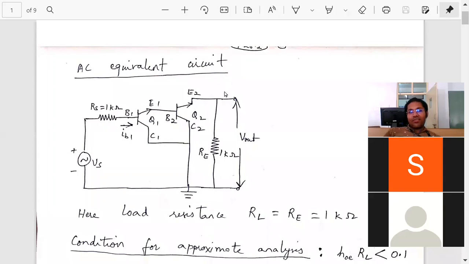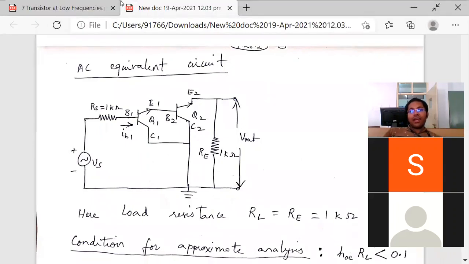R0 is output resistance. How will I find output resistance? Vs I should make 0, means replace Vs by short circuit. This resistance what I should do? Open circuit. Okay, same process. Even if you are finding R0 a hundred times, the process is the same. So you have to learn this. If you have to pass this exam, you have to know the techniques, how to calculate current gain, voltage gain, input resistance, output resistance, very basic. So please tell me what we should do for Vs for finding R0.